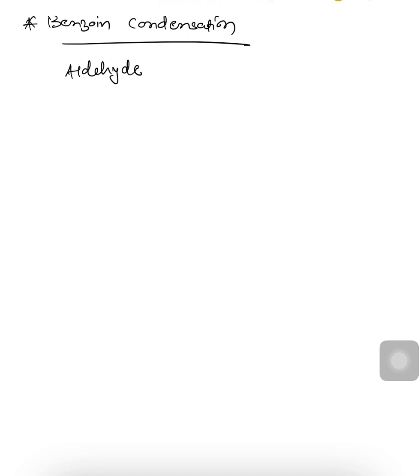Benzoin condensation reaction. In the benzoin condensation reaction, generally an aldehyde is taken which does not contain any alpha hydrogen atom. Aldehyde without alpha hydrogen atom. For suppose, an aromatic aldehyde without alpha hydrogen atom, we consider it as benzaldehyde as it does not contain any